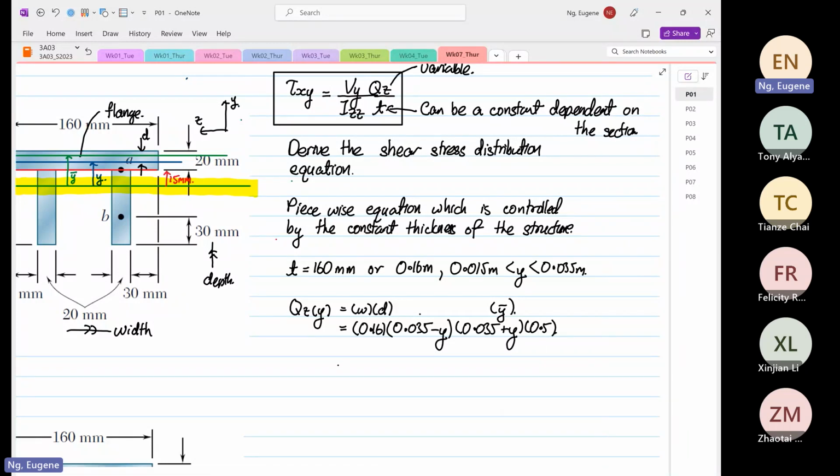So this will be equal to 0.035 squared times 0.16 times 0.5, which is equal to 98 times